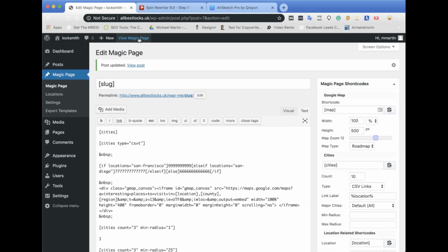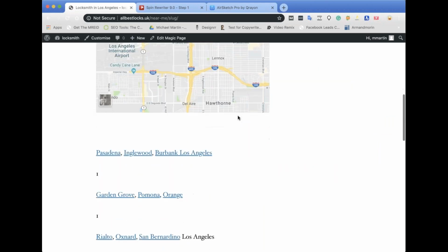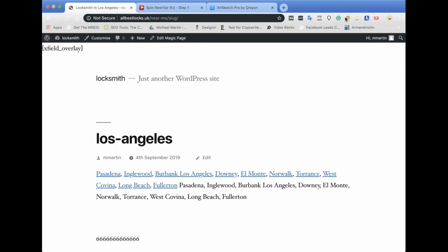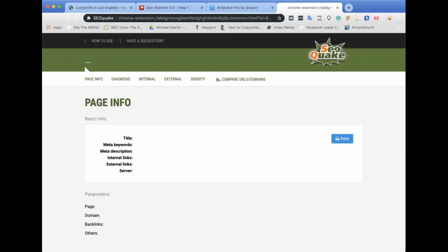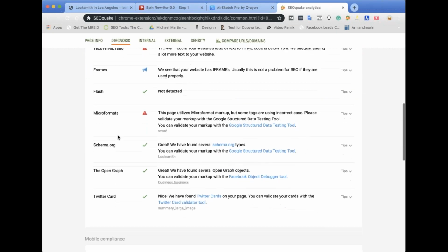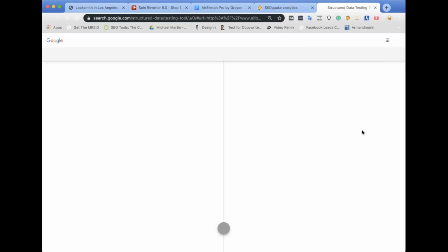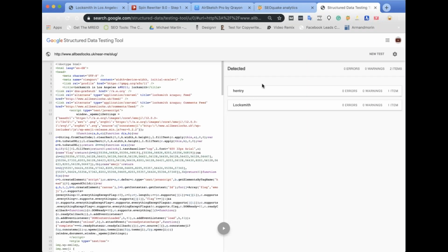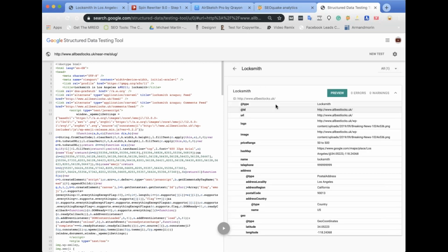But now if we go over and view the page, okay, so it doesn't look like we've done much. And I click on here, SEO Quake toolbar, diagnose, and scroll down to schema. As you can see, we've got schema ticked. So you get your open graph and your Twitter card because we just put that information in. We now pop on here, and what you're going to find is, as long as nothing's broke, we've got locksmith schema. And when we go in, as you can see, we've got locksmith, which is the @type. The @id is the URL, logo, image, and where's the